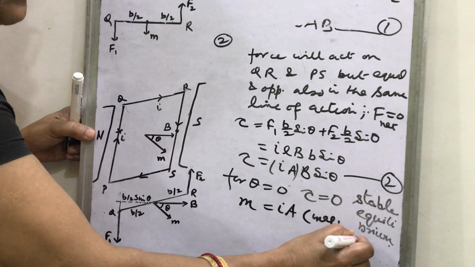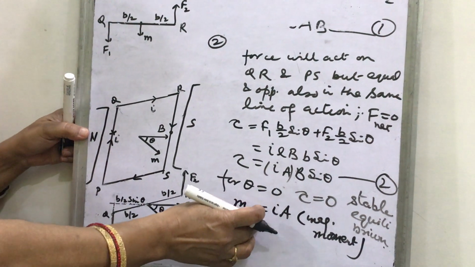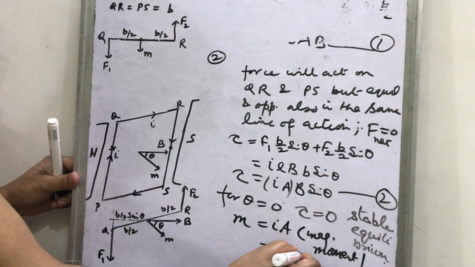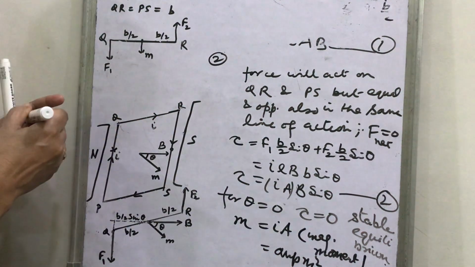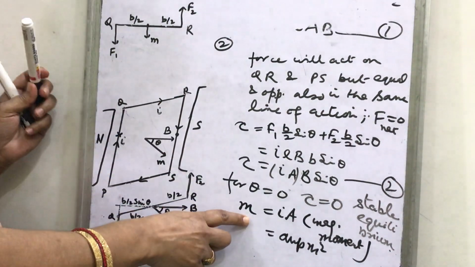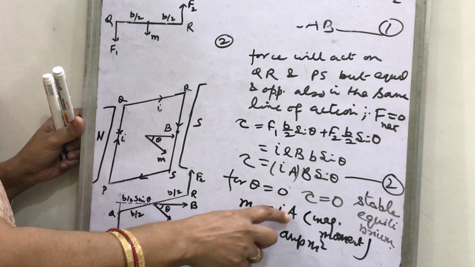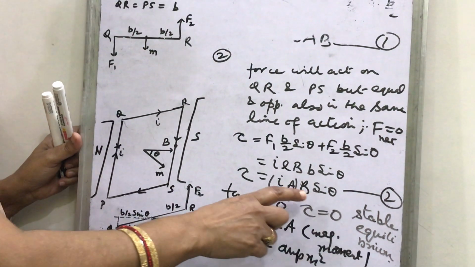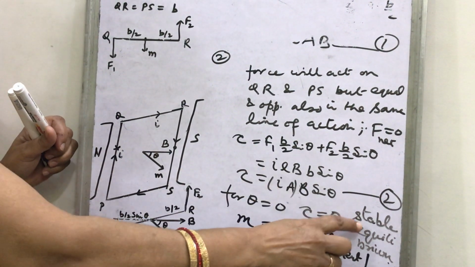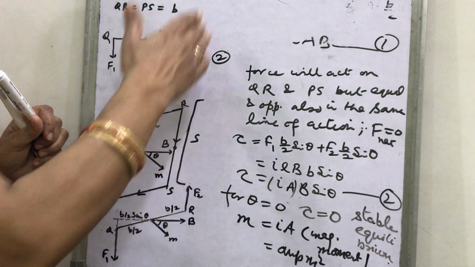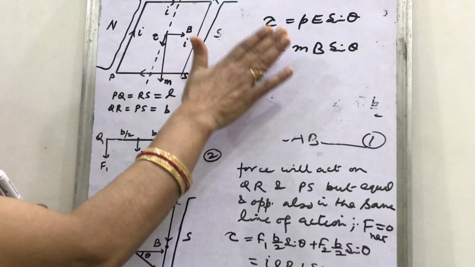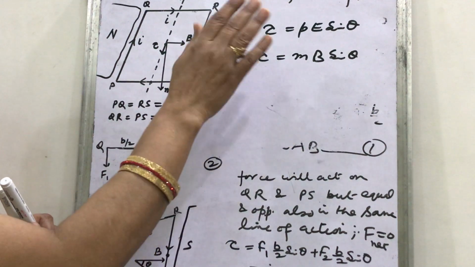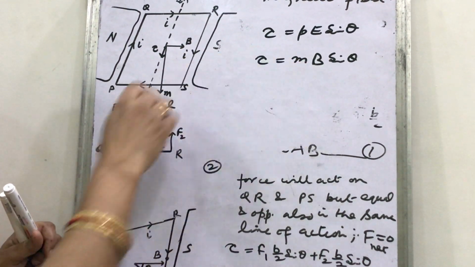And how will you find the direction of this IA? Its unit is ampere meter square as per the formula, and it has the same direction as the area vector. That's why I told here that sin theta, if theta 0, then torque will be 0, and this position is stable equilibrium, and this M B sin theta is the torque in magnetic field. If a current carrying loop is placed, then the torque produced by that loop is torque equal to M B sin theta.